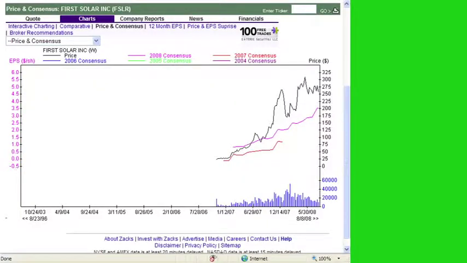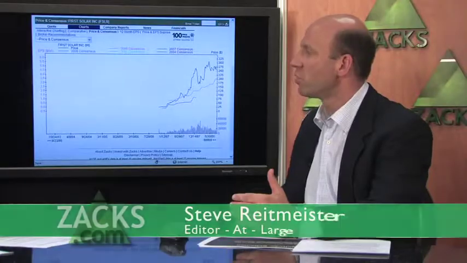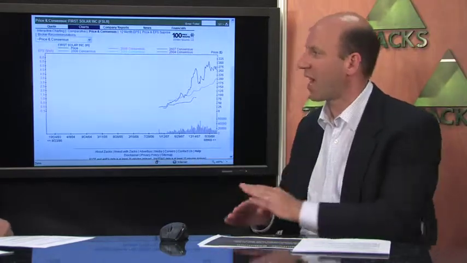What you have here is a few different lines. The colored lines are the movement of earnings estimates over time. And the dark black line is the movement of the price. I think, if you see as many price and consensus charts as I have, and I highly recommend that you keep looking at them over time, you cannot deny the correlation between the movement of earnings estimates and the movement of stock prices over time. It is absolutely impossible when you see these charts over and over again and how they relate to each other.